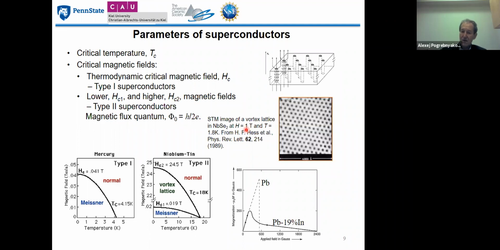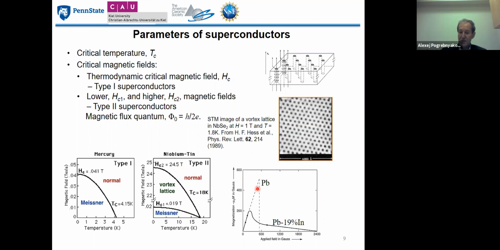tunneling magnetometry. The scale bar is 6,000 angstroms. So we see this is a perfectly ordered lattice of magnetic flux vortices that penetrate into the sample. Within these vortices, the sample is in the normal state, and outside the vortices, between the vortices, it's still in the superconducting state. And only after the external magnetic field exceeds the upper critical field,